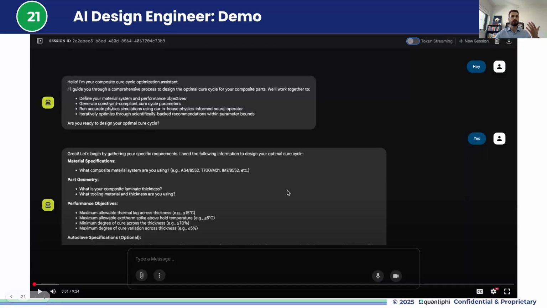So the agent start by introducing itself, explaining what components it has and what it can be done. For example, it discusses that it can provide optimal fuel cycle for composites processing. And we look at multiple items that it's capable to do. For example, it can gives us accurate physics simulation using our in-house physics-informed neural operators. Then the user asks about some inputs, what type of composite material we want to optimize, what is the part geometry, what are the user's performance objectives. For example,